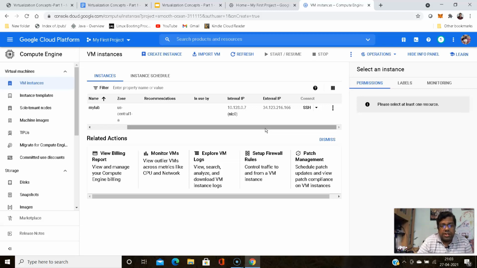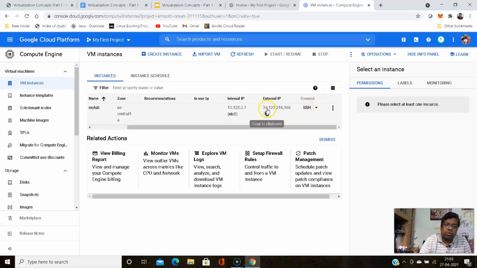They have a firewall, and on that firewall this IP is allowed to access the instance via SSH on port 22, the standard SSH port. Since it's Linux, it allows SSH; if we had started a Windows instance, it would allow RDP connections.